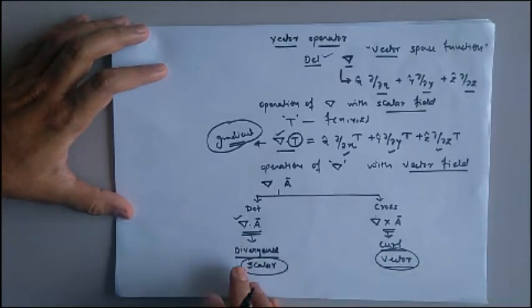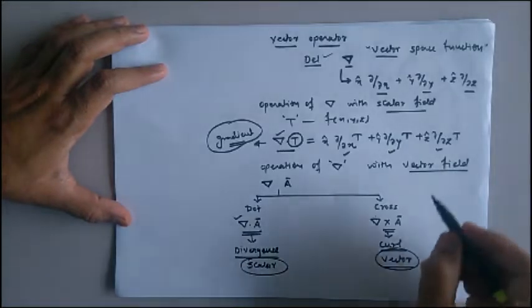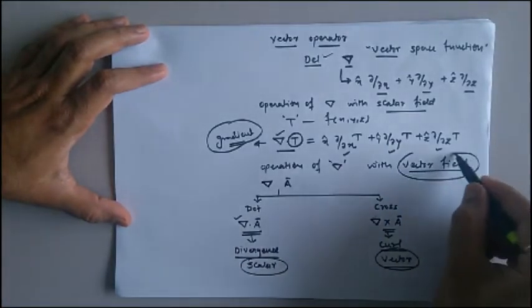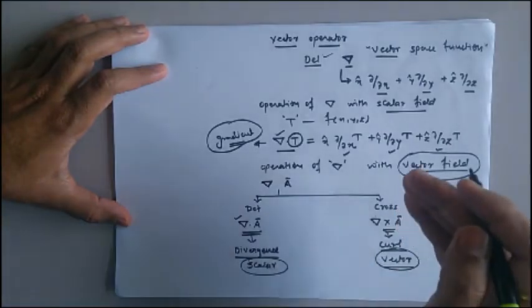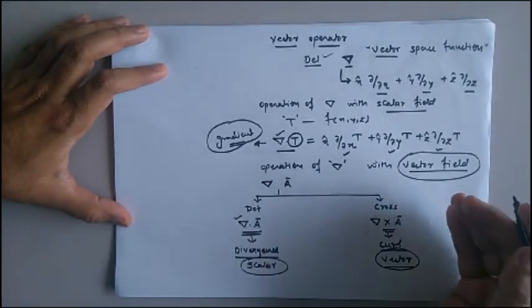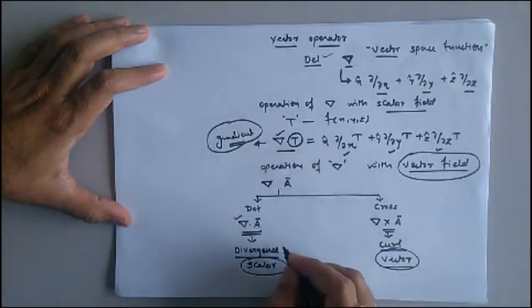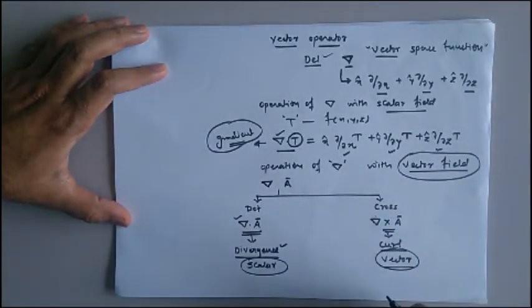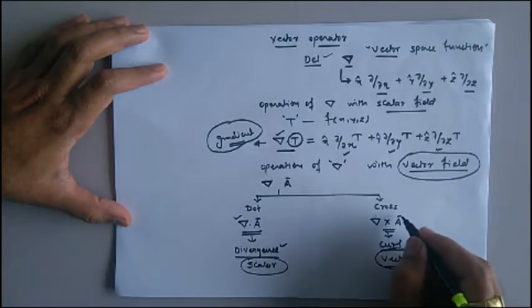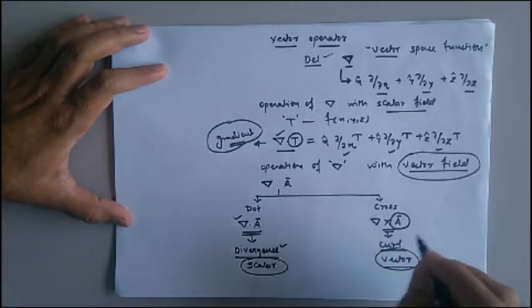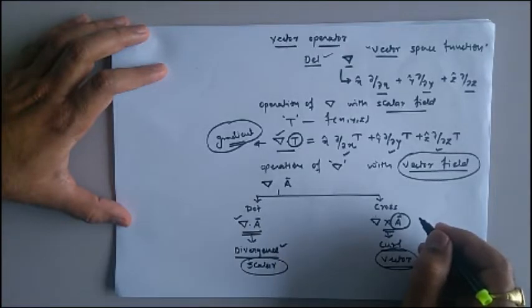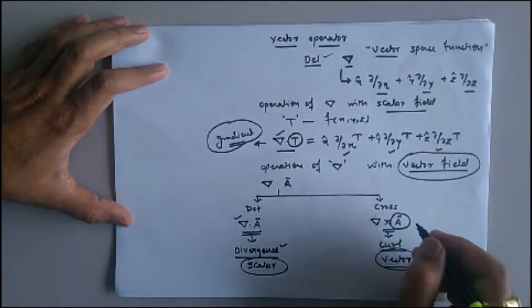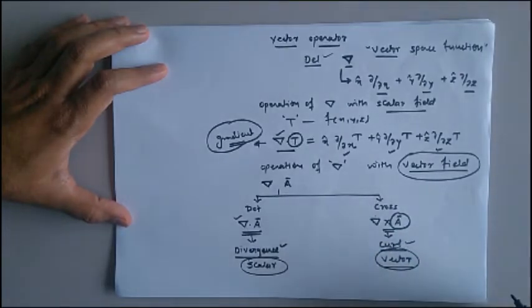Suppose if you are interested to identify how this vector field is going to change with respect to position in all the three dimensions of a given Cartesian coordinate system, then in that case we need to apply the concept of divergence. Whereas if you are interested to study how this vector field is going to rotate in a given Cartesian coordinate system with respect to position, then in that case we need to apply the concept of what, curl, which is very, very important.